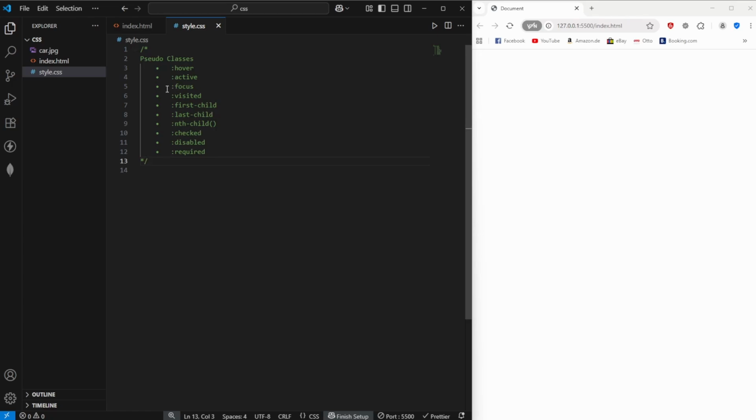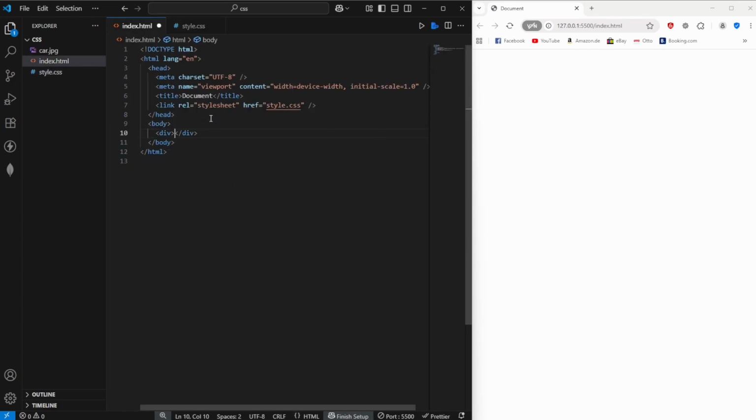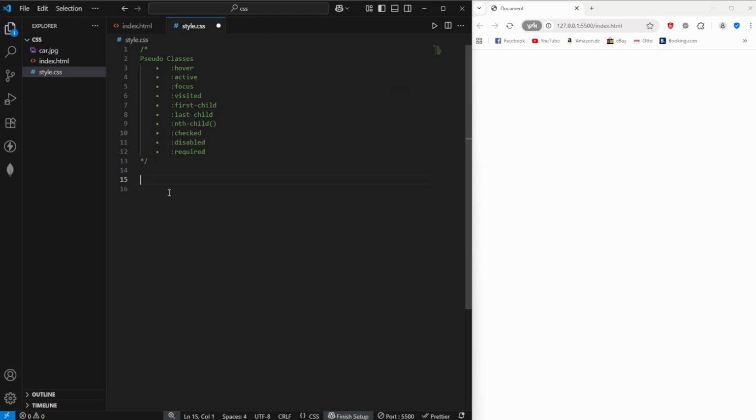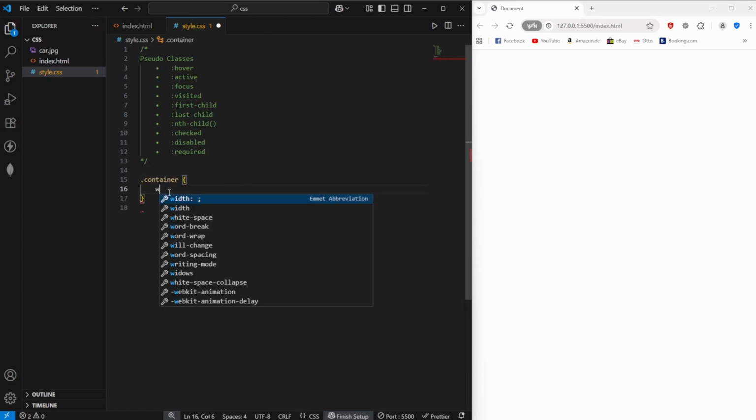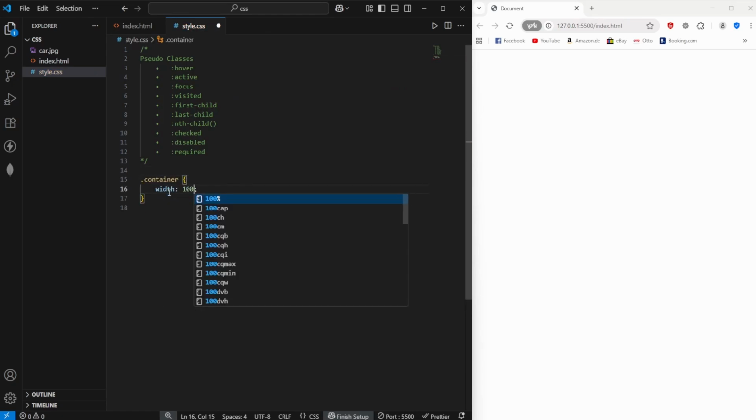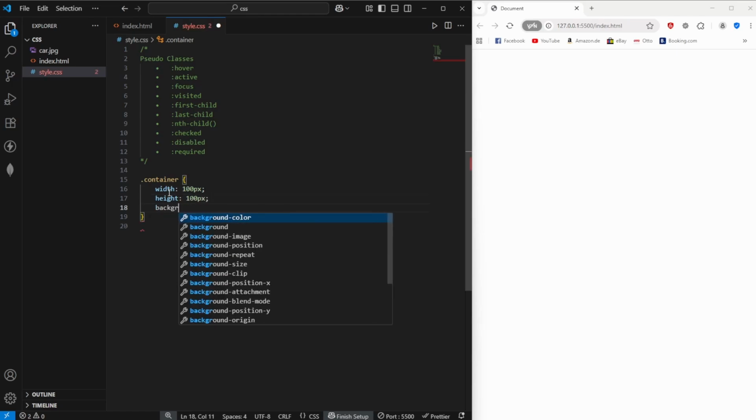Let's understand pseudo-classes, starting with hover. In order to show you hover, let's create a div inside of HTML with the class of container. Now that we have that class, we are going into CSS. We are going to target our container. We'll give it a width of 100 pixels, a height of 100 pixels, and a background color of yellow, for